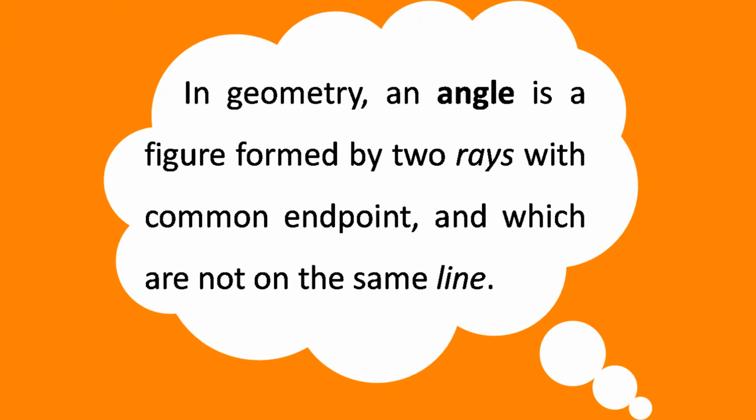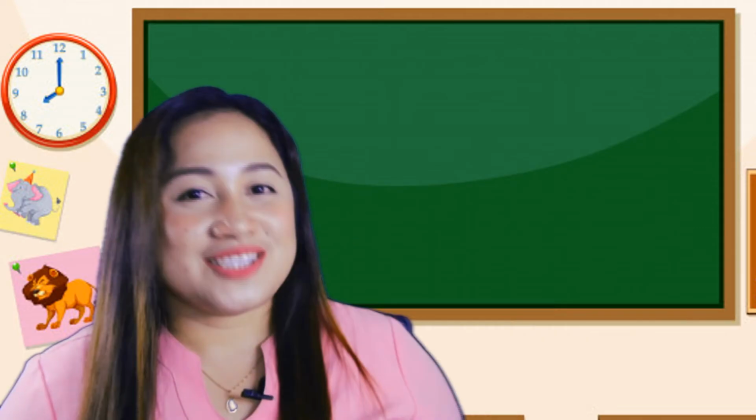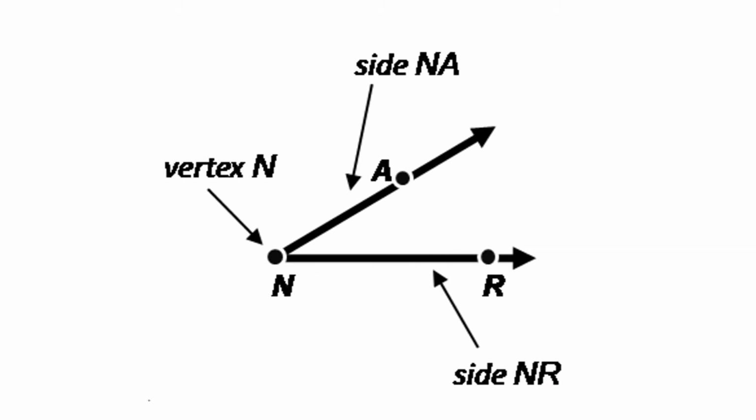In geometry, an angle is a figure formed by two rays with a common endpoint and which are not on the same line. The two rays are called the sides of the angle, and the common endpoint of these two rays is called the vertex. So now, let us consider this figure. In this figure, ray NA and ray NR are the two sides of this angle, and point N is the